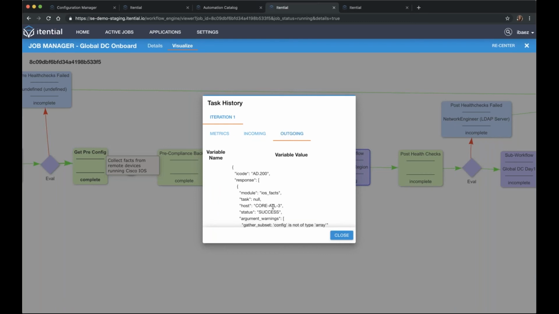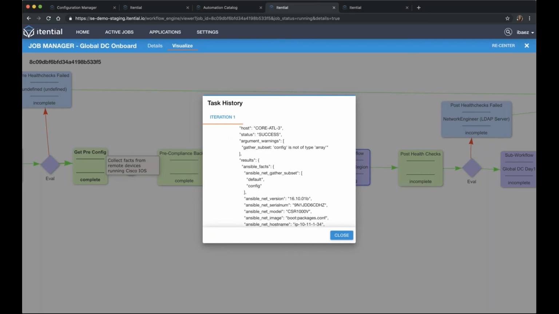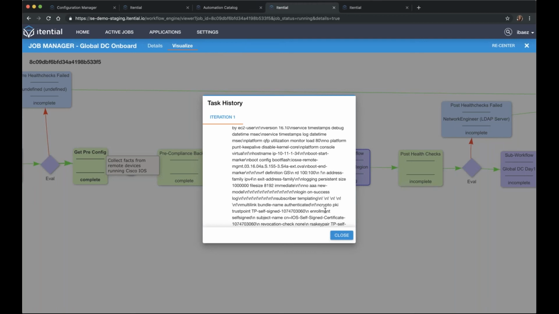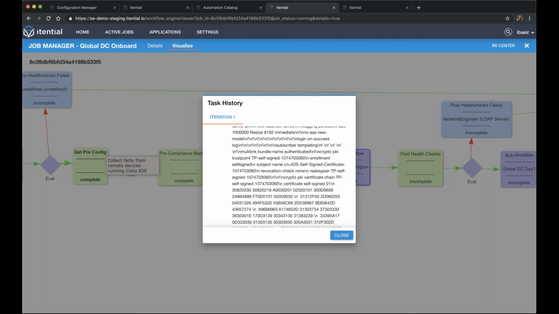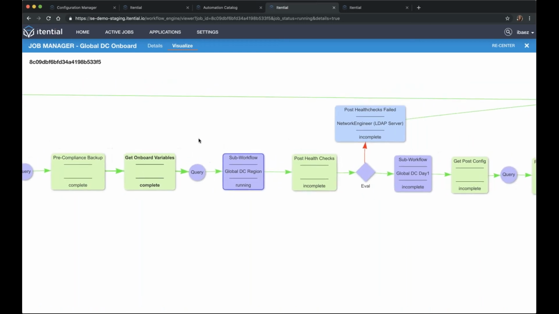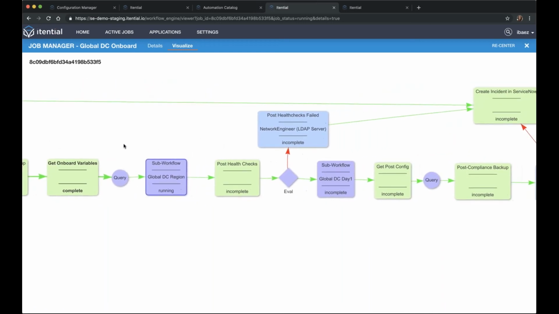So you can see here an audit trail of each of these tasks as we go along are stored as well, in case of needing to go back and check and see what changes were made and what executed against your network. So we also finished the gathering of those onboard variables that I mentioned before. So this task was reaching out to that external system to get the variables that we need in order to execute our remediation process. And we're now at our first